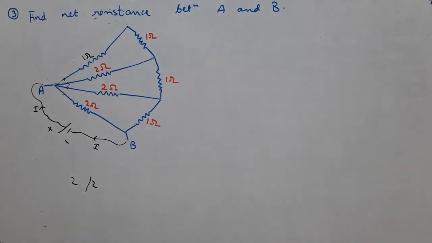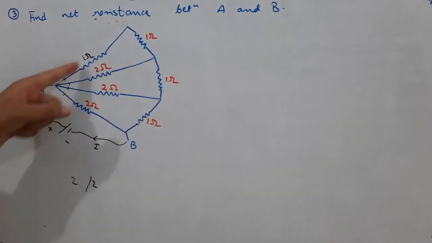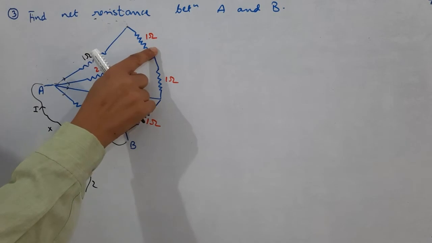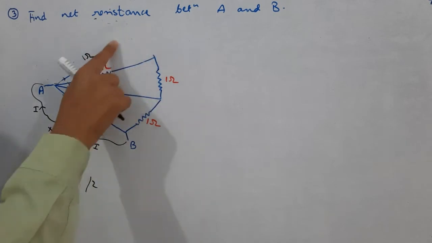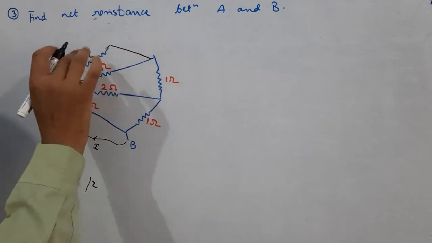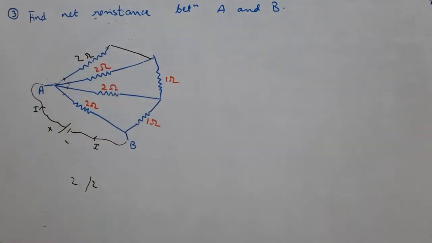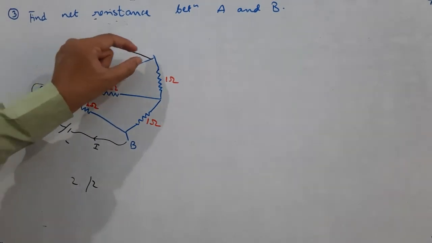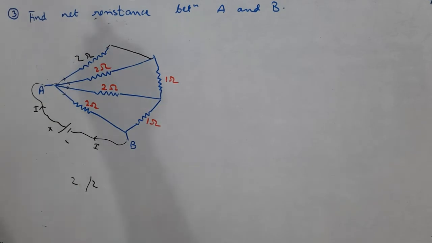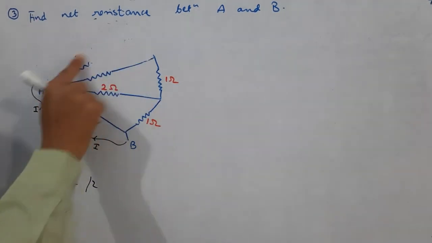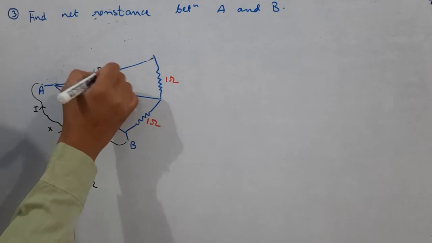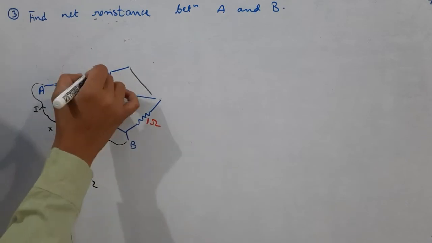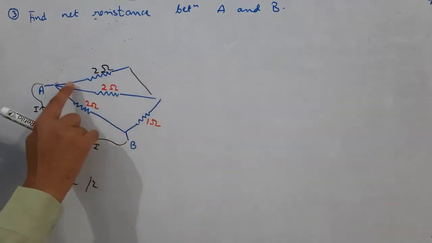Now easily you can follow this 1 ohm and this 1 ohm. You can see these 2 are in series. So this 1 ohm and 1 ohm will become in series. So their equivalent resistance will become how much? 2 ohm. Again this 2 ohm and this 2 ohm, they are connected together. Their one ends are connected together, their other ends are also connected together. So they are in parallel. So 2 and 2 in parallel means it becomes how much? 1 ohm. Again 1 and 1 in series, that becomes how much? 2 ohm. Again 2 and 2 are in parallel.